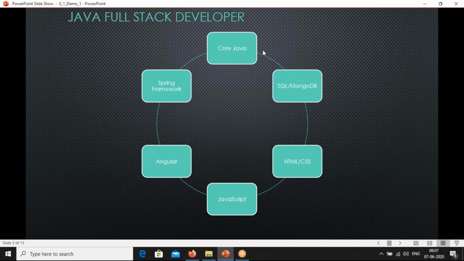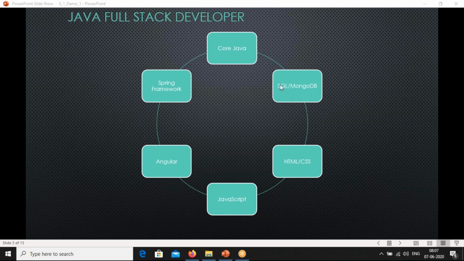Once you get core Java knowledge, you will be introduced to SQL databases and NoSQL databases. With SQL, the core SQL will be covered: what is a database, how to insert and retrieve data, which are the CRUD operations, and how to write joins.